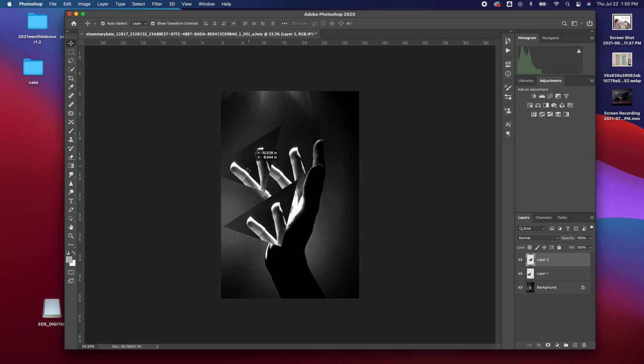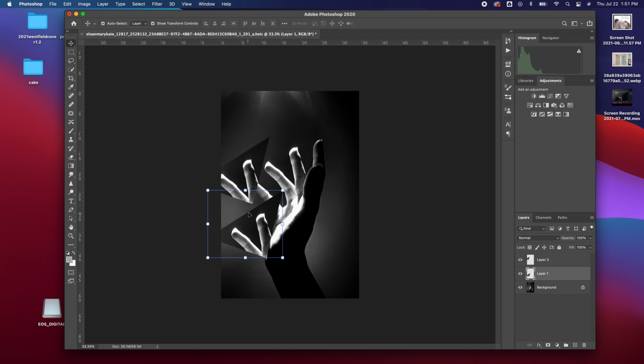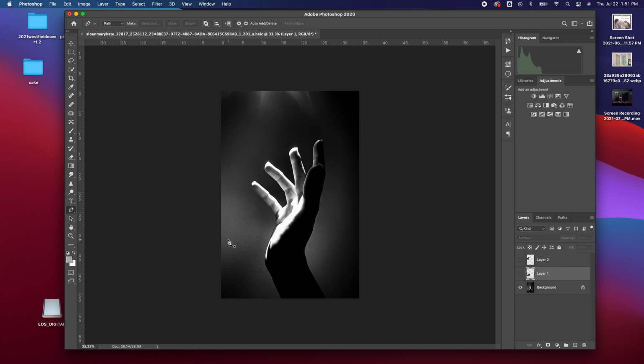Now I got 2. This is starting to kind of creep me out. That's a lot of fingers. I could do something with it though. I don't want to do that. I'm going to turn the visibility of those off. Let's actually make a design decision. I think let's go back to the pen tool,